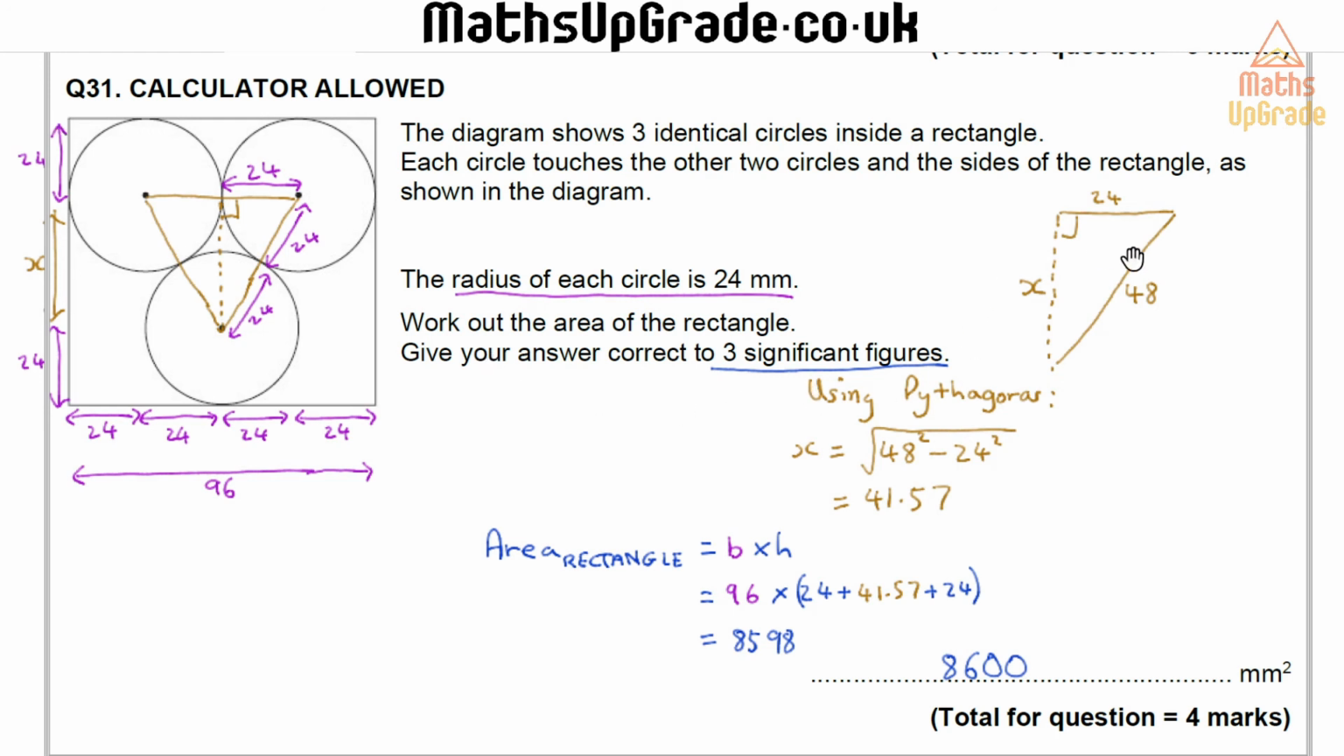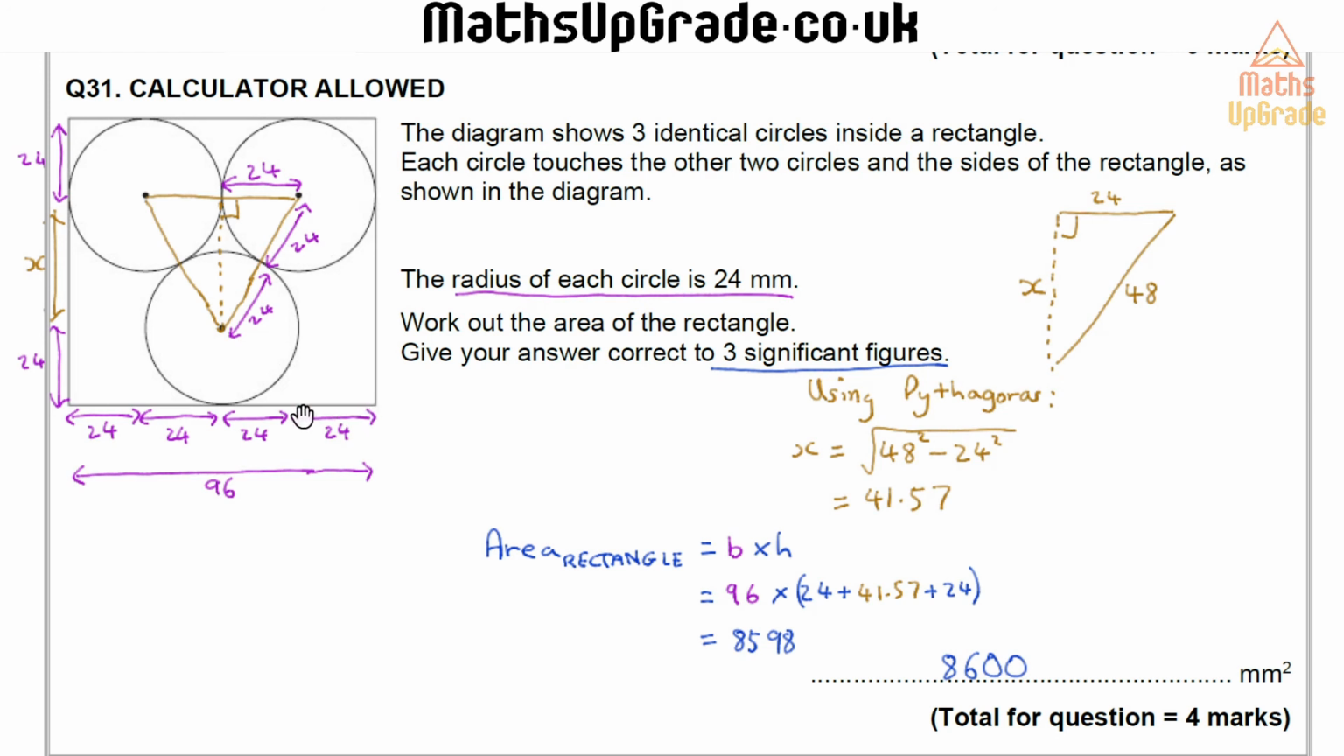So using Pythagoras, the square of this shorter side is the square of this longer side, subtract the square of this shorter side. Using that, I can find x as 41.57. If I then substitute that in here, I then know the area of this entire rectangle is given